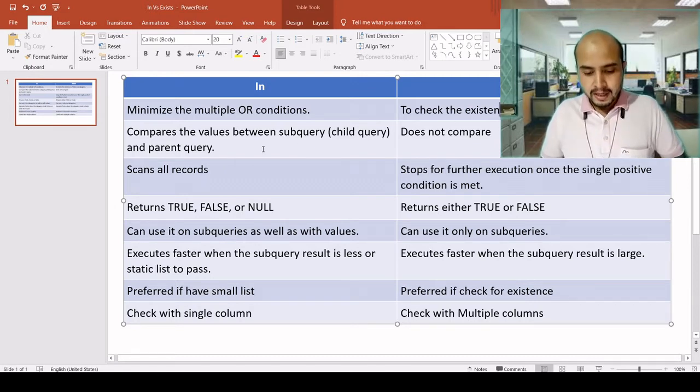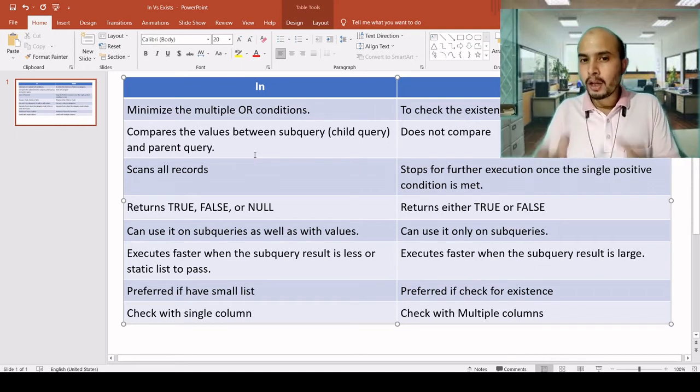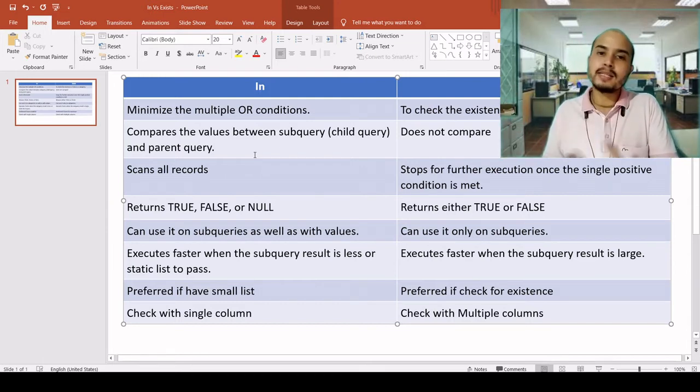Next comparison: the IN operator compares the subquery and the parent query, whereas EXISTS does not compare. It checks the existence. If it exists, it gives true to the parent query, else it gives false.